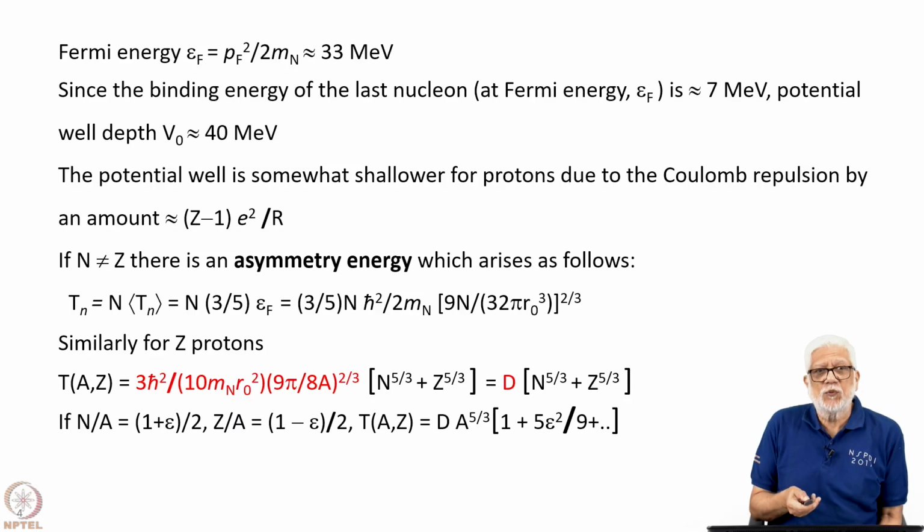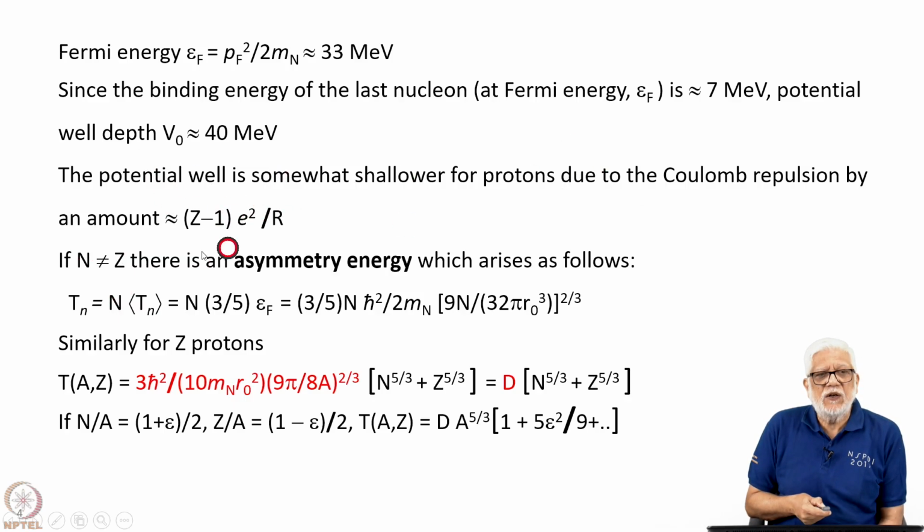Now, the Fermi energy can also be computed, just p_F squared by 2m. This is non-relativistic, since the kinetic energy is much smaller than the mass. So the Fermi energy is about 33 MeV. Since the binding energy of the last nucleon is about 7 MeV, that means you require a potential well depth of about 40 MeV. This is somewhat shallower for protons, because of course we have not taken into account the Coulomb effect, and if you assume that this Coulomb repulsion leads to a small change in this potential of the order of (Z minus 1) times e squared by r,